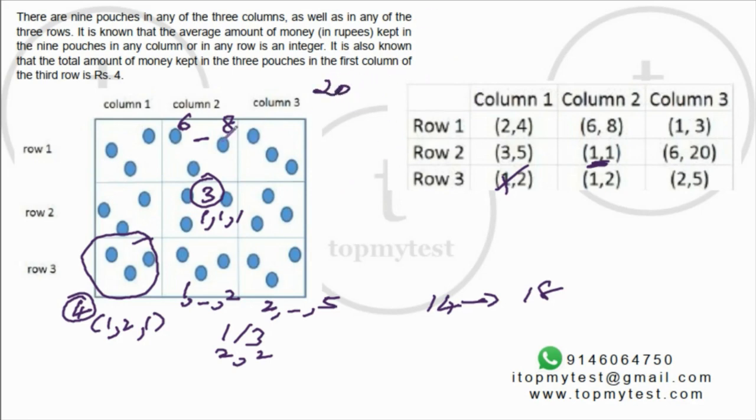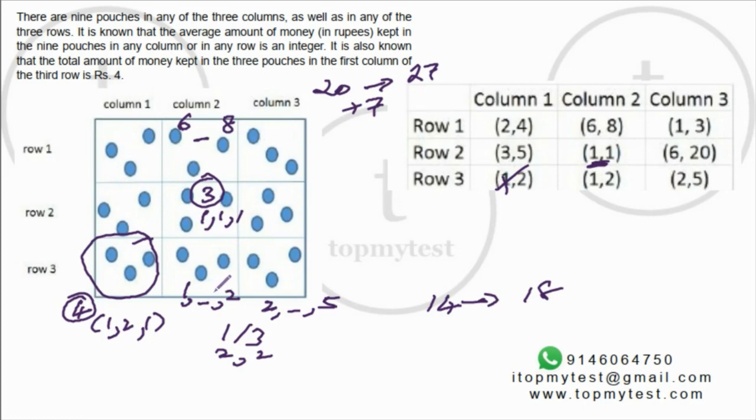Now the closest multiple of 9 is 27. Can we reach 36? No, 36 will not be possible because this number has to be only 1 or 2. Right? So that is not possible. So 27 is the number. So we need to add 7 more. How can I add 7 more?